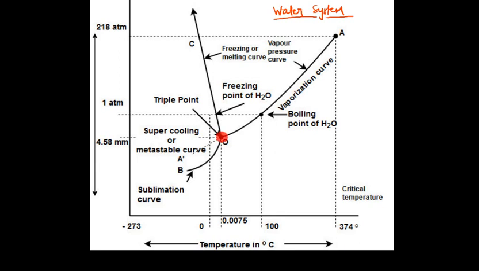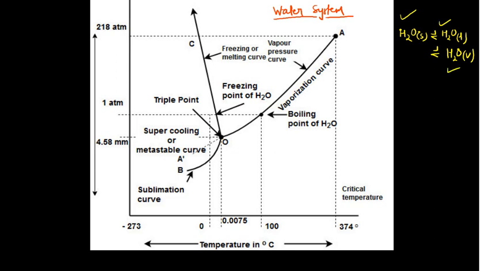This point which you are observing is known as the triple point. Now, what is the meaning of the triple point? It simply means it will have three phases. Those phases would be water in the form of solid ice in equilibrium with water in the liquid state, and water in the vapor state. So these three phases at the triple point are in equilibrium.